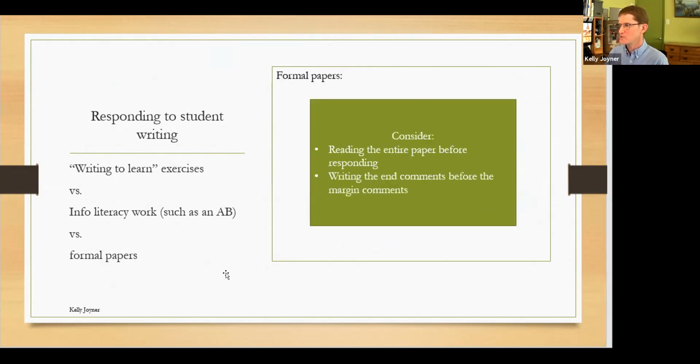And then for formal papers. So Mike and I talked about this because he went through one of the FLCs and this is one of his big takeaways. But in writing studies, we encourage you to think about whether or not you even want to start giving feedback on the page or on the screen as soon as you start reading. Maybe you should read the entire paper before you respond. Read the entire paper or skim it